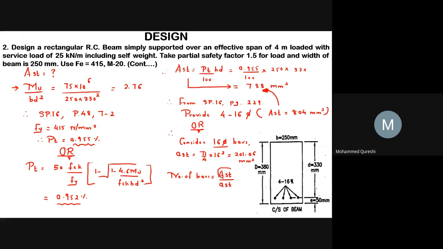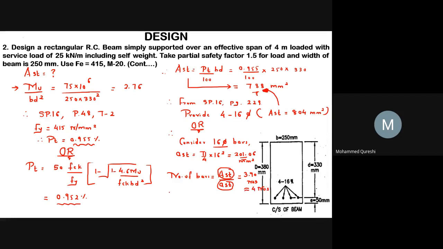Here value of capital AST is 788 and value of small ast is 201.06. Hence your number of bars will be approximately 3.90 numbers,